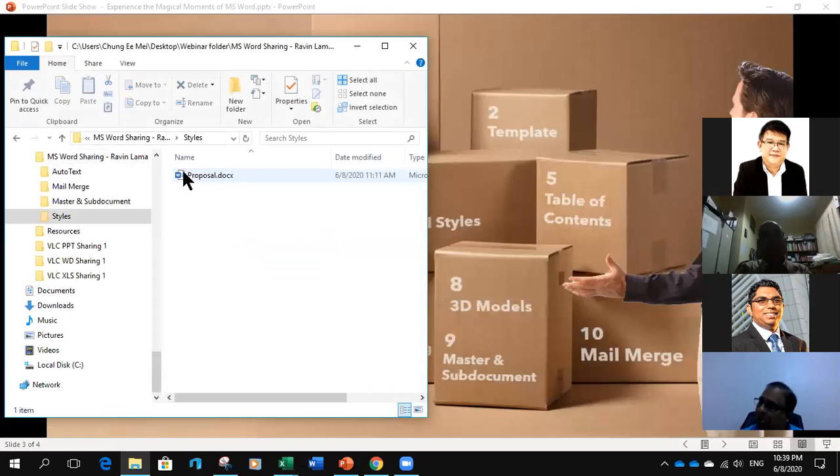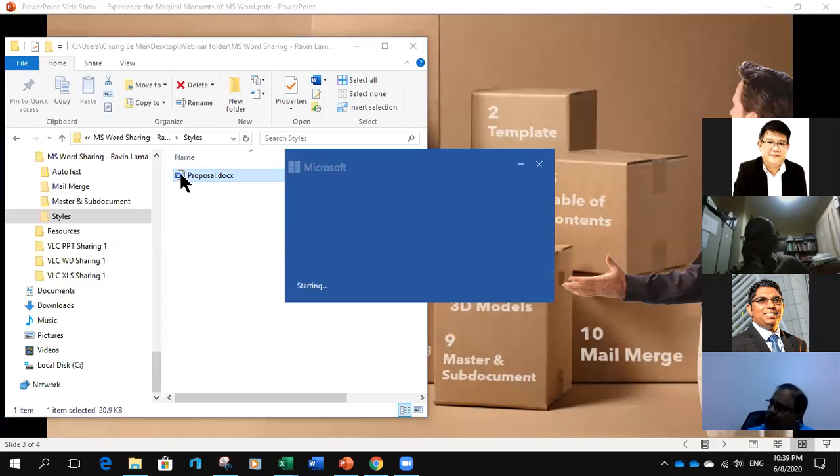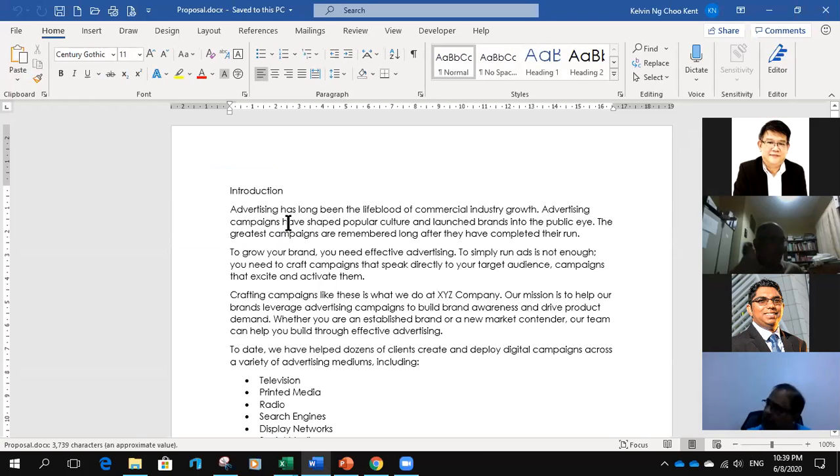Now I'm going to open up this file called proposal, which I pre-prepared. I have a title here, which I did not format. In this tip, I'm going to talk about how we can format our document really quickly without spending too much time highlighting. When we work with Microsoft Word, the problem is actually not the typing and not the content, but so much of our time spent in formatting.